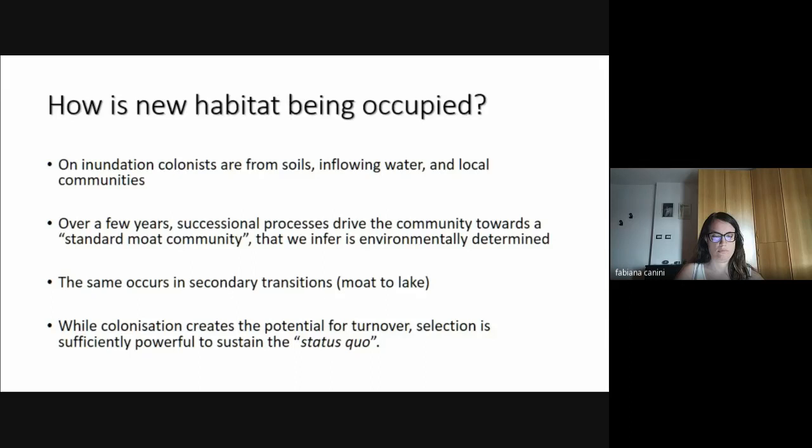So while these habitats are getting bigger and exposing new habitat to being colonized by microbial communities, what we're actually seeing is that because the habitat is tending to remain the same, habitat selection is sufficiently powerful for us to retain the key elements of our biodiversity fingerprint for each of these habitats.